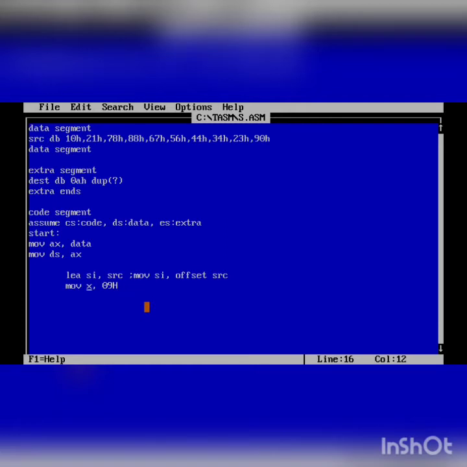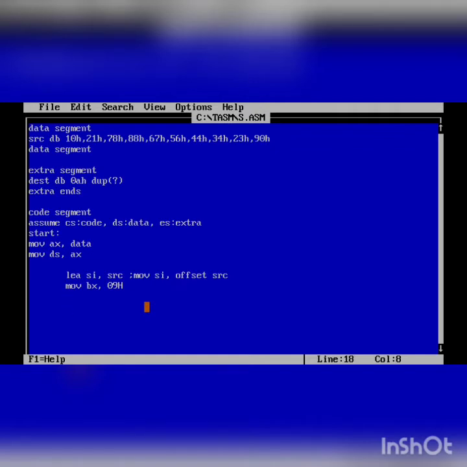Or let us take BX as counter here, because we need two counters, one pointing to the given array and one pointing to the number of passes. So BX will be my number of passes and CX we will use in order to traverse the block elements or 10 elements. So done, SI will be pointing to the source and this will be my counter.